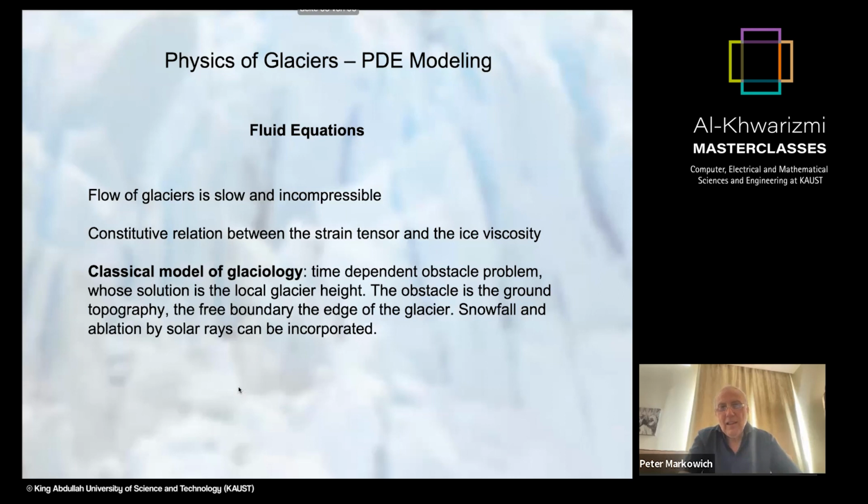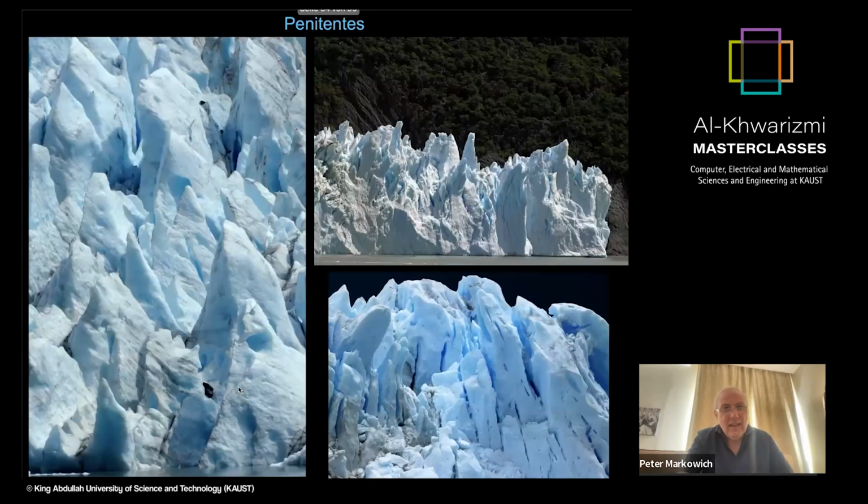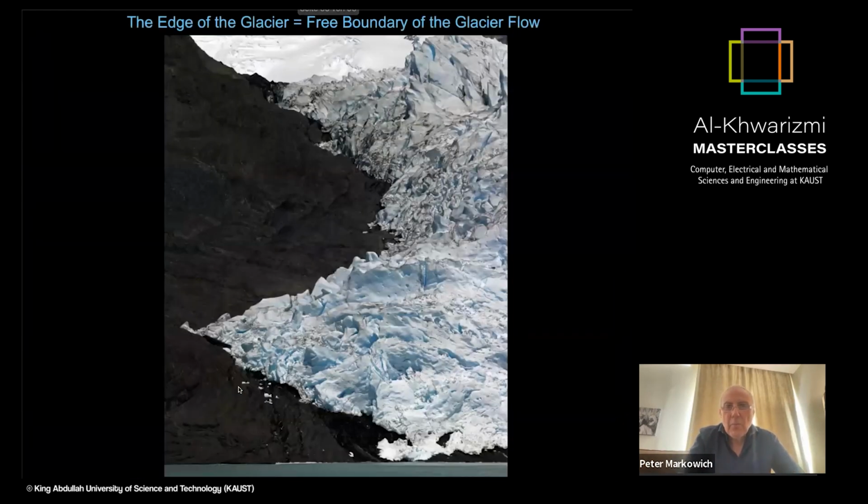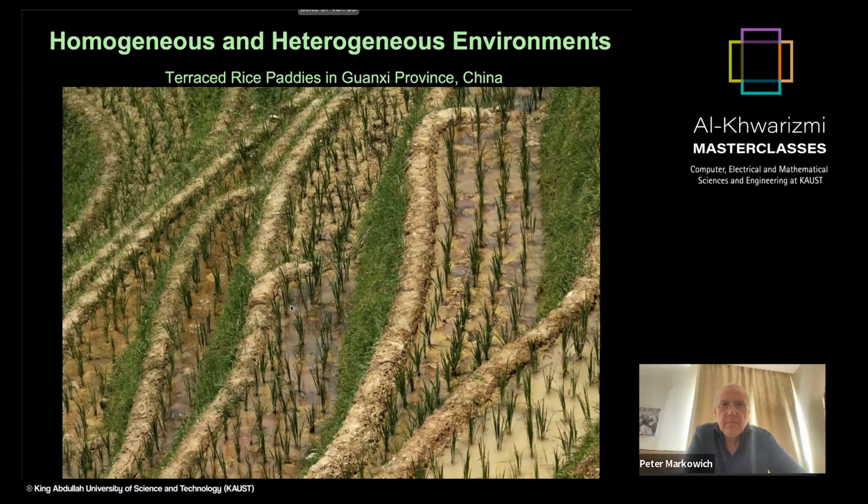Glacier modeling. I don't want to go into the piece. So you ask yourself, how do those geometric structures come about, right? And what are the equations that you can use to model them? Or how does the glacier flow? And how can you describe the boundary of the glacier with the rocks? And you can also,